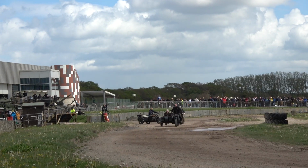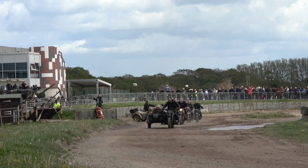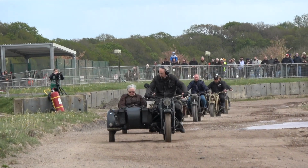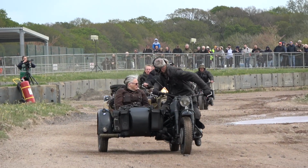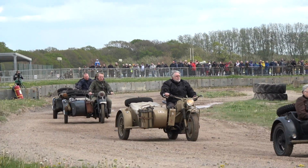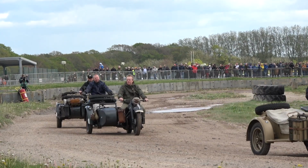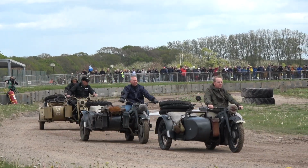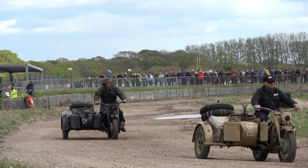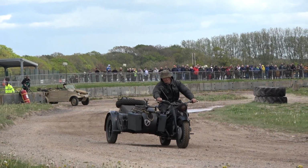Coming on there, it's a BMW R75, as is the second, and the third one's a BMW R12. That's if you understand about motorbikes. I don't at all. The fourth and the fifth bike are Zundapps, R5750 they're called. Now, the issue about the Germans and their motorcycles, German industry in the 30s, you know, we have this idea